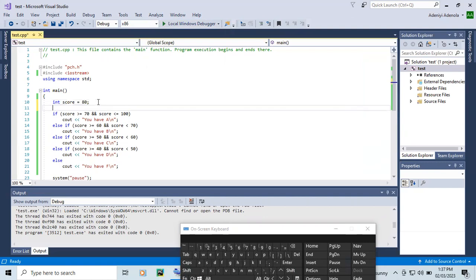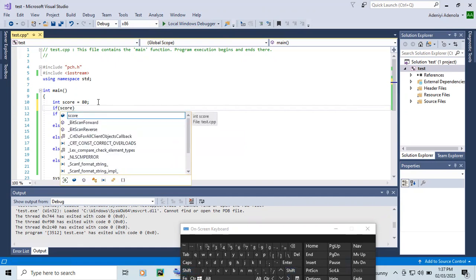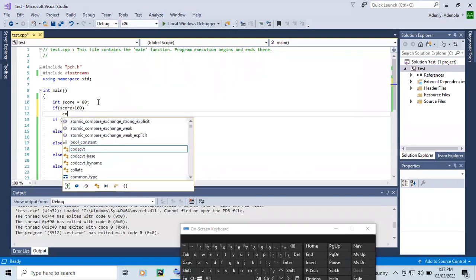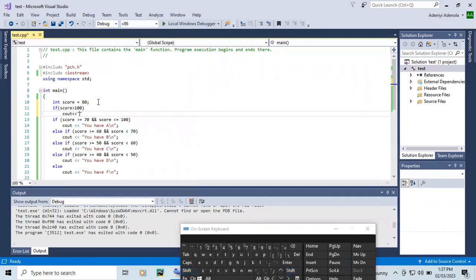So I can come here and say if score is greater than 100, cout the score is out of range. The score is out of range. Else if so,